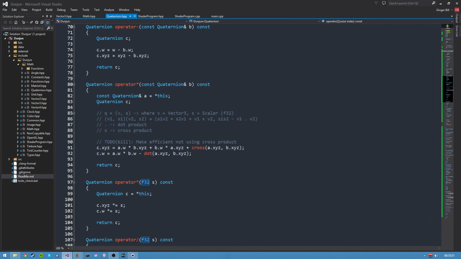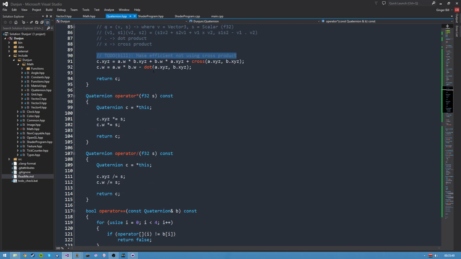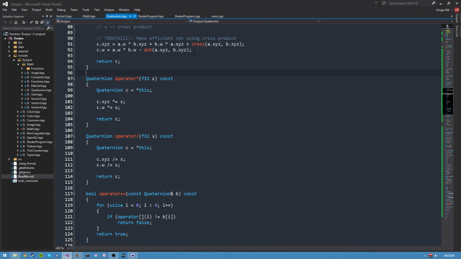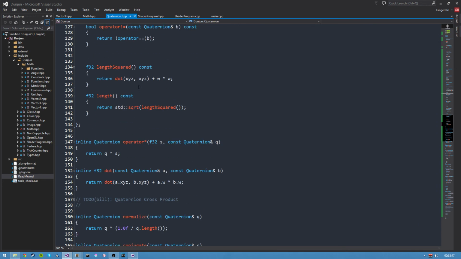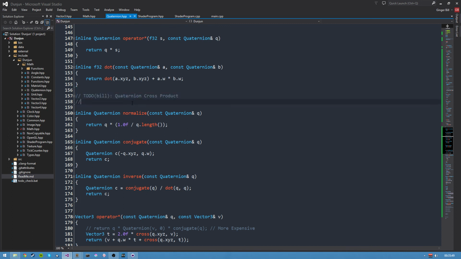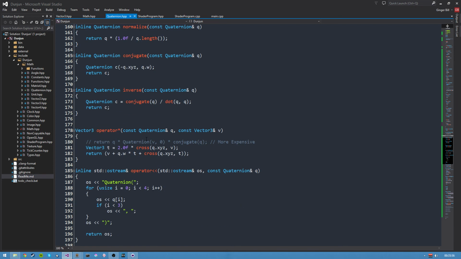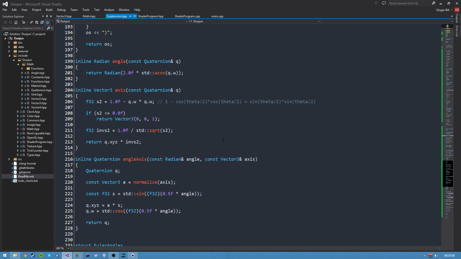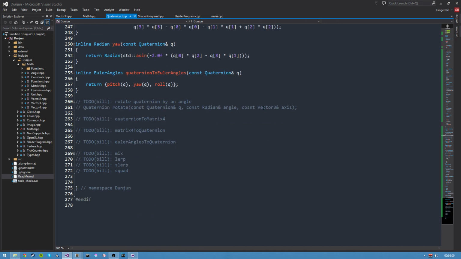Redundant negations. Other two, we need to make this more efficient so it doesn't use the cross product. We can just write out the elements itself because we know what it's going to be. It's a figured out product already. And it doesn't use the dot product. You don't need to do that. What else is there? We need to do the cross product of two Quaternions, so get a Quaternion which is orthogonal to two Quaternions. May not seem very important, but yeah, why not? What else is another to-do? Yeah, we need to implement Quaternions rotate a Quaternion by an angle